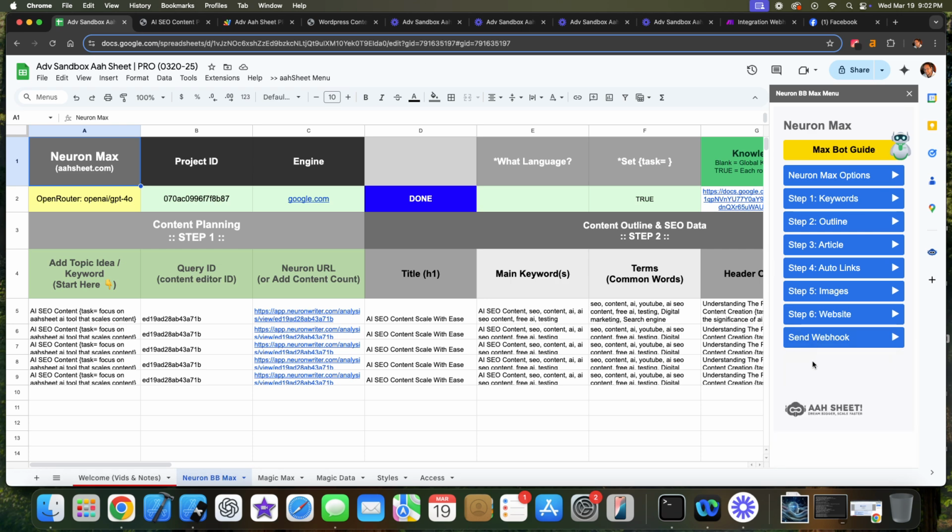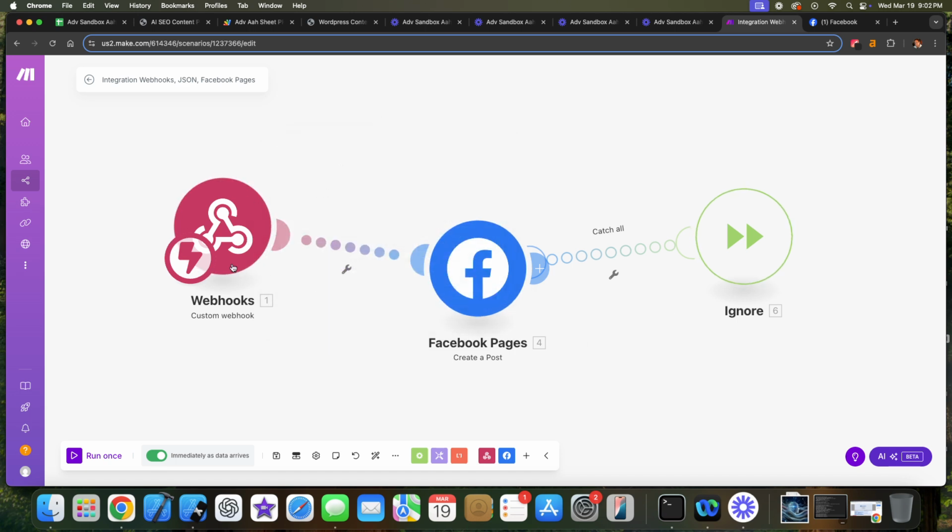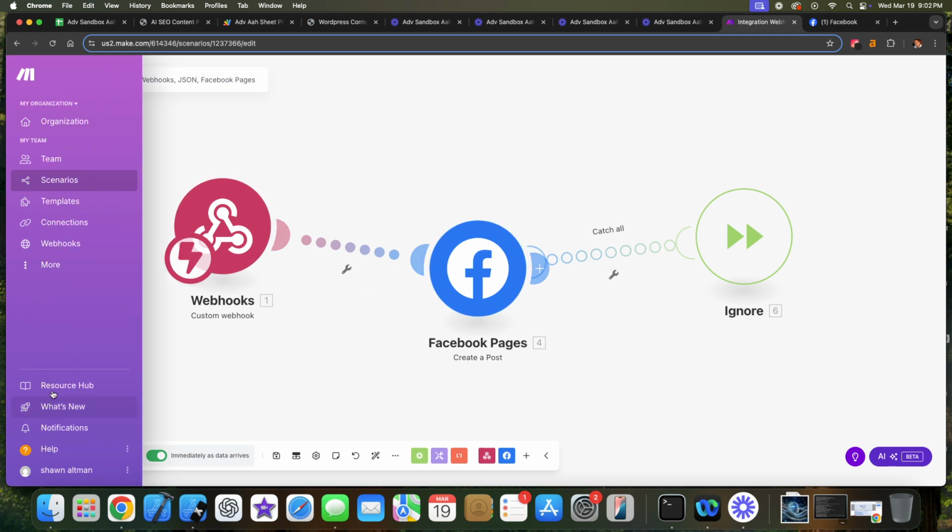So this is going to say, okay, I'm done with this sheet, and I'm going to send this information from this Google Sheet to this URL right here and into my flow. In my flow, I've built this to go from the mail that's coming in, this webhook, straight into Facebook. So that's how this is set up. The really nice thing about